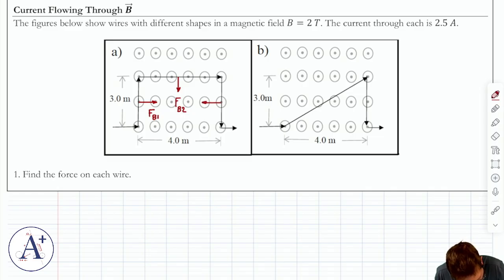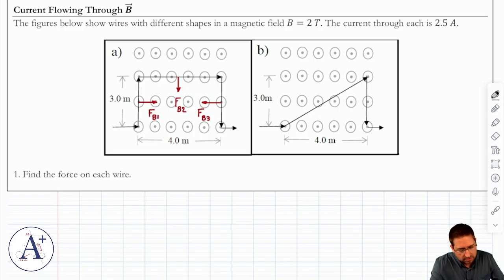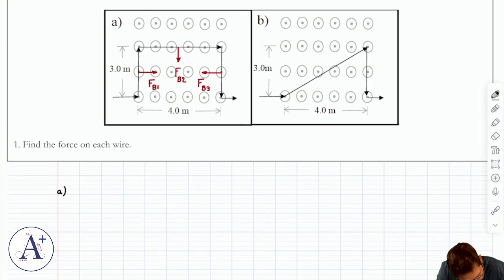And then if you do it again, forefinger pointing down, middle finger out of the page, then this will be FB3. Okay? And we would like to evaluate each one of these because we want to find the net force, so we have to add the x components together and the y components together and say what the net force is. All right, so for scenario A here, we have